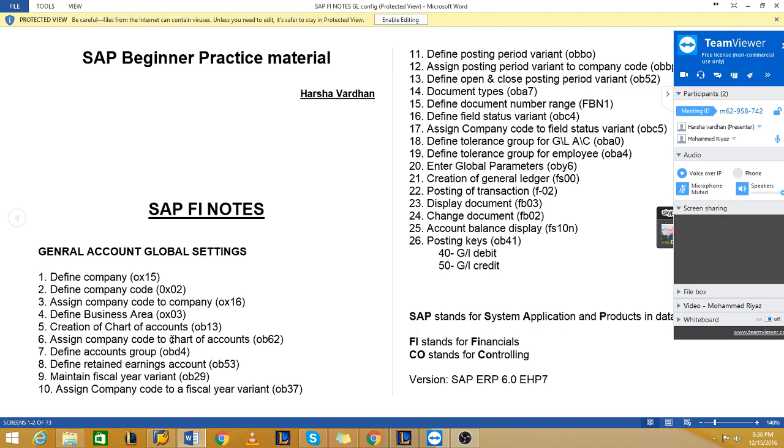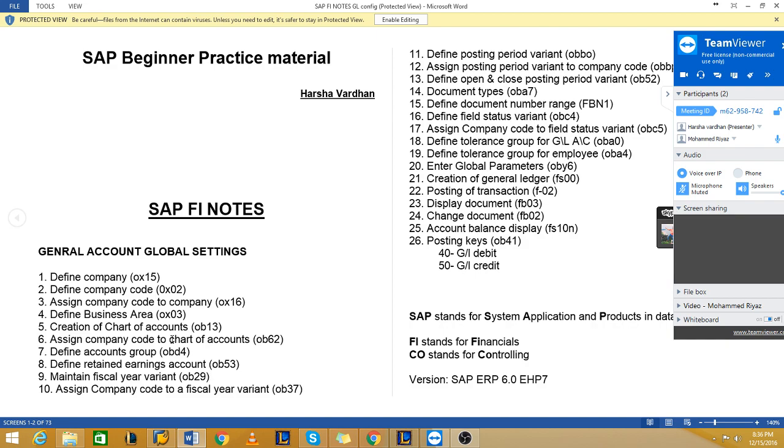In global parameters, you can see a few important settings of your business, whatever you have configured. You can see what company you are using, what company code, what fiscal year, and what chart of accounts you are using. Such settings can be seen in one place.